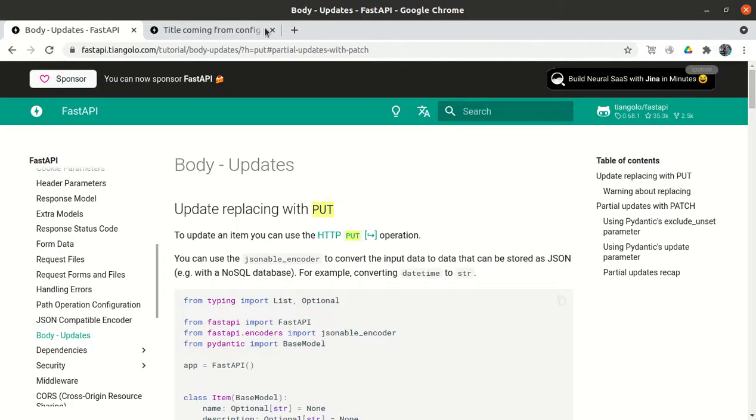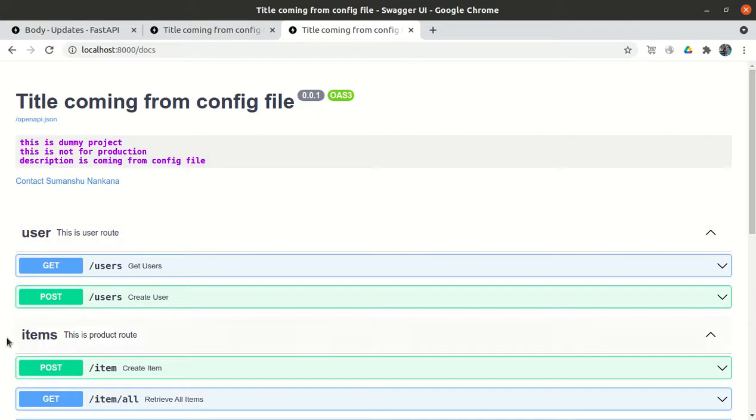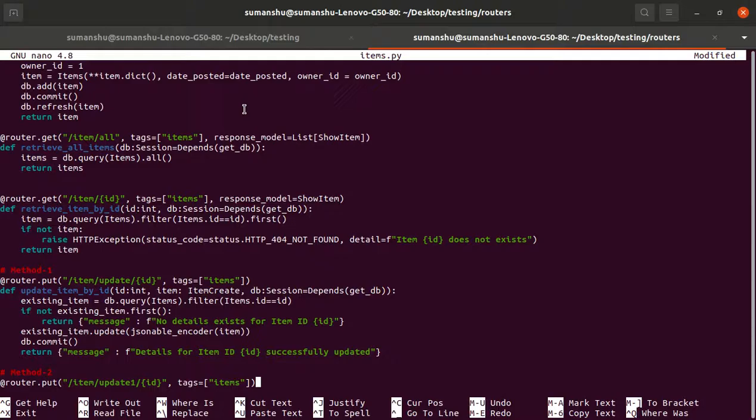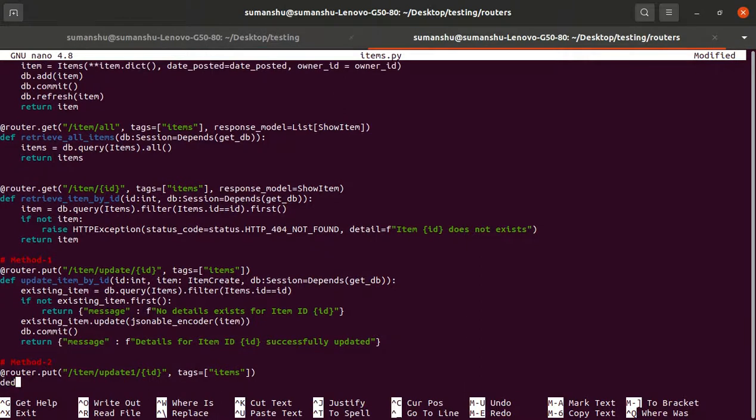I hope you know why I'm using the tags. If I open localhost 8000 docs, all the items routes are in a single place, that's why we are using the tag. Then def update1_item_by_id, and it will take the item ID as an argument.